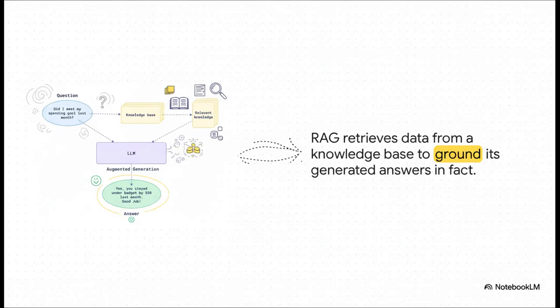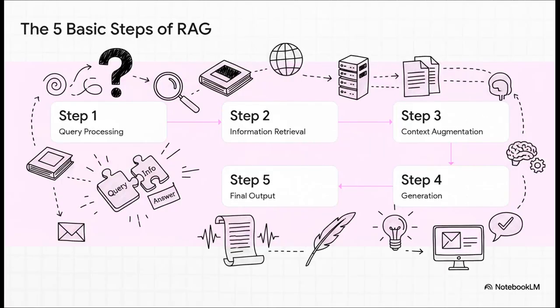So here's how it works in a nutshell. You ask a question. The system's first move isn't to answer, but to go find relevant documents or facts from its knowledge source. Then it takes your original question, plus those facts it just found, and gives all of that to the language model. The result? A much more grounded, fact-checked answer. And if you break it down, this whole thing really has 5 basic steps. First, it figures out what you're asking. Second, it goes and retrieves the relevant info. Third, it adds that new info, that context, to your original prompt. Fourth, it generates the answer based on that combined info. And fifth, you get the final, much more reliable output.